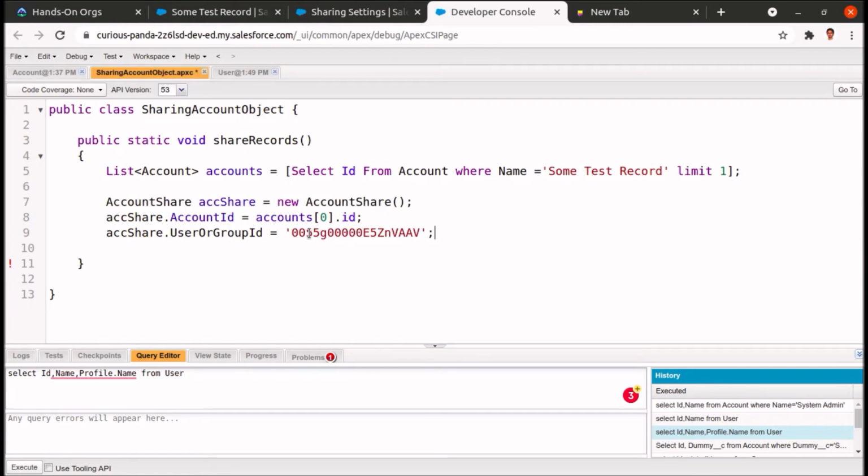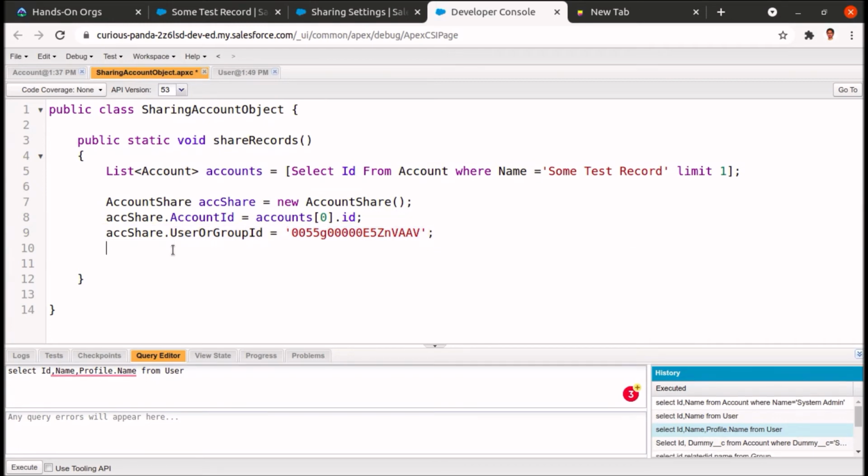So I have copied the id. I have shared this record with this user. Now let's give the access level, AccountAccessLevel as read only. So I will be writing Read, and now let's